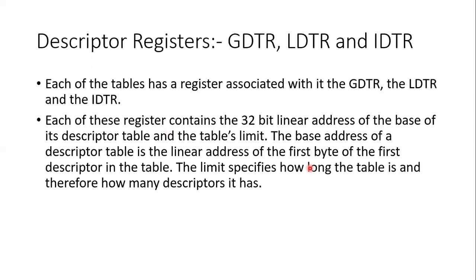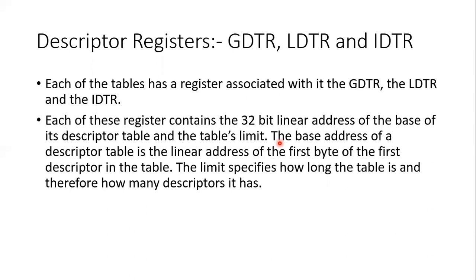This line is a bit confusing, so I will simplify it and tell you. Now, the descriptor table has a base address. So from where do you recognize that this is the base address of the table? It is recognized as the linear address of the first byte of the first